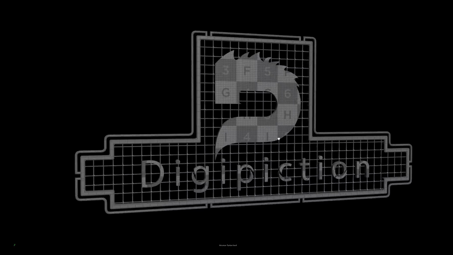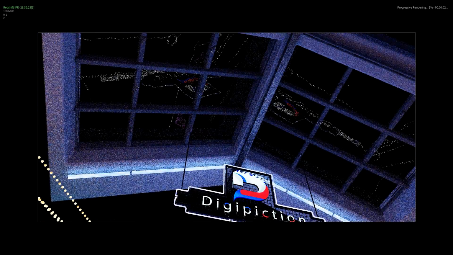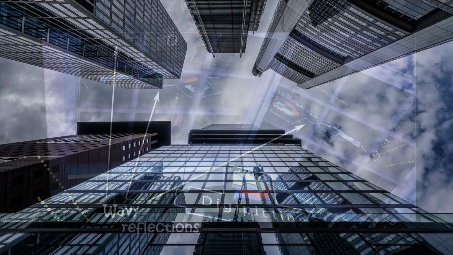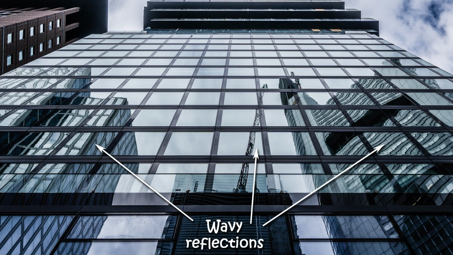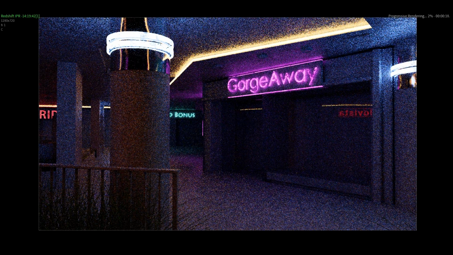What a beautiful sign! By perturbing the prominent surfaces, we get wavy reflections, for example here in the windows, which is exactly what we want. These are the kinds of things we see every day without really noticing them. I always try to get rid of those disgustingly straight CGI edges. It's time for some destruction.